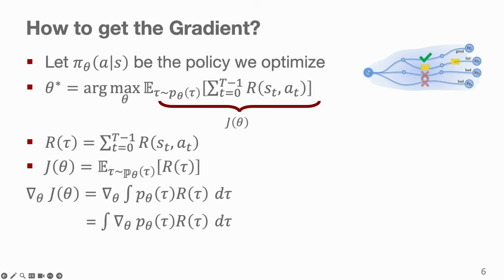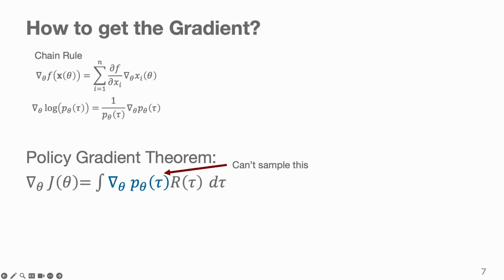But there is an elegant trick to rewrite this into a more useful form. As I said, the integral here is not yet an expectation, because you can't estimate it by sampling trajectories, as you have a density gradient, not a density. So as I mentioned, there is this policy gradient theorem that allows us to rewrite this into a more useful form, and we will do this derivation a little bit here.